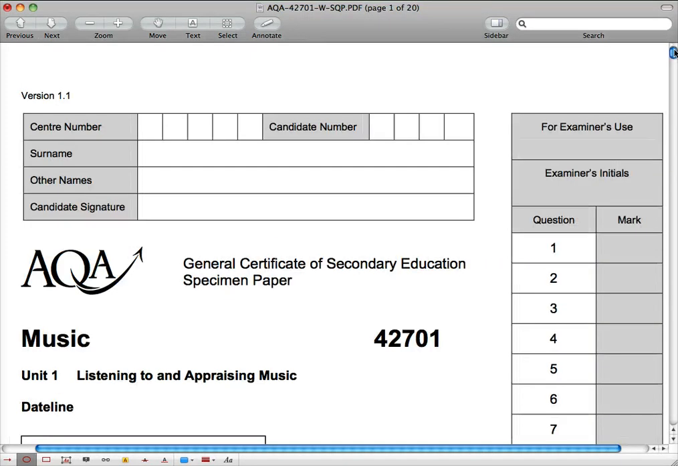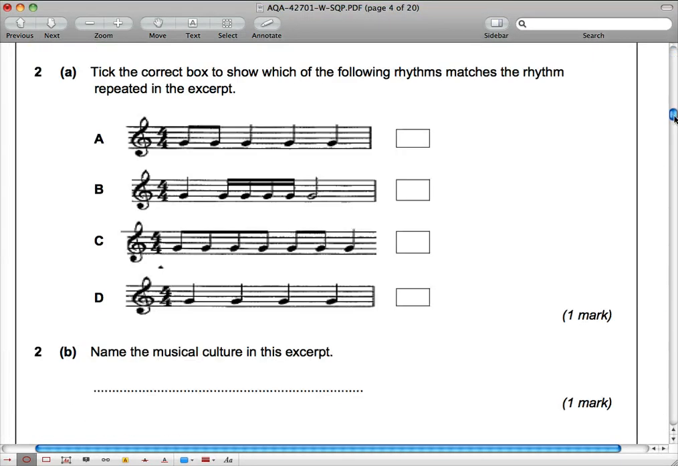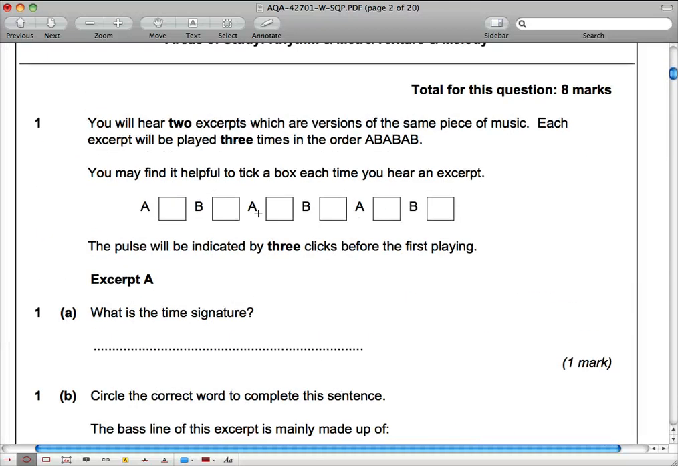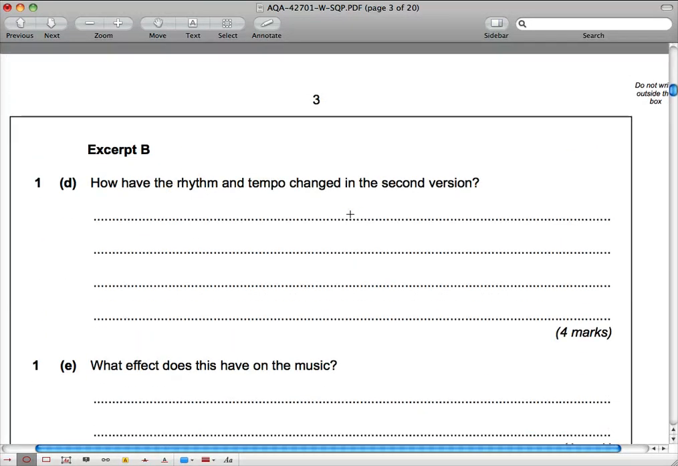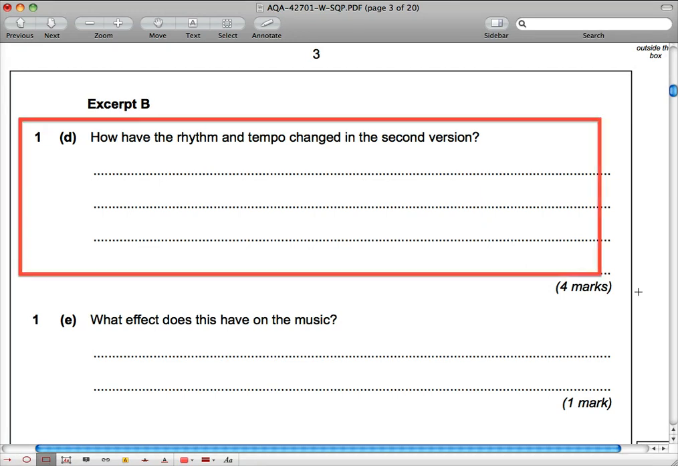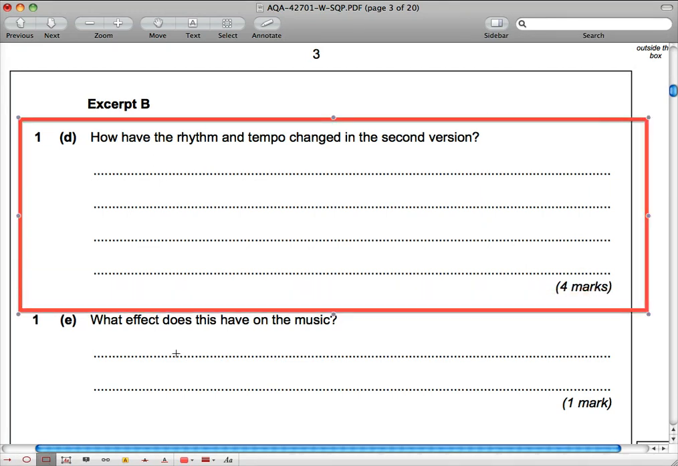Okay, so today we're looking at the second page of the specimen paper from AQA. We're still on the same two extracts that we heard, but this time the questions are focusing on the second one. Now in question 1D here, you can see that we've actually got a free-form writing section and it's worth